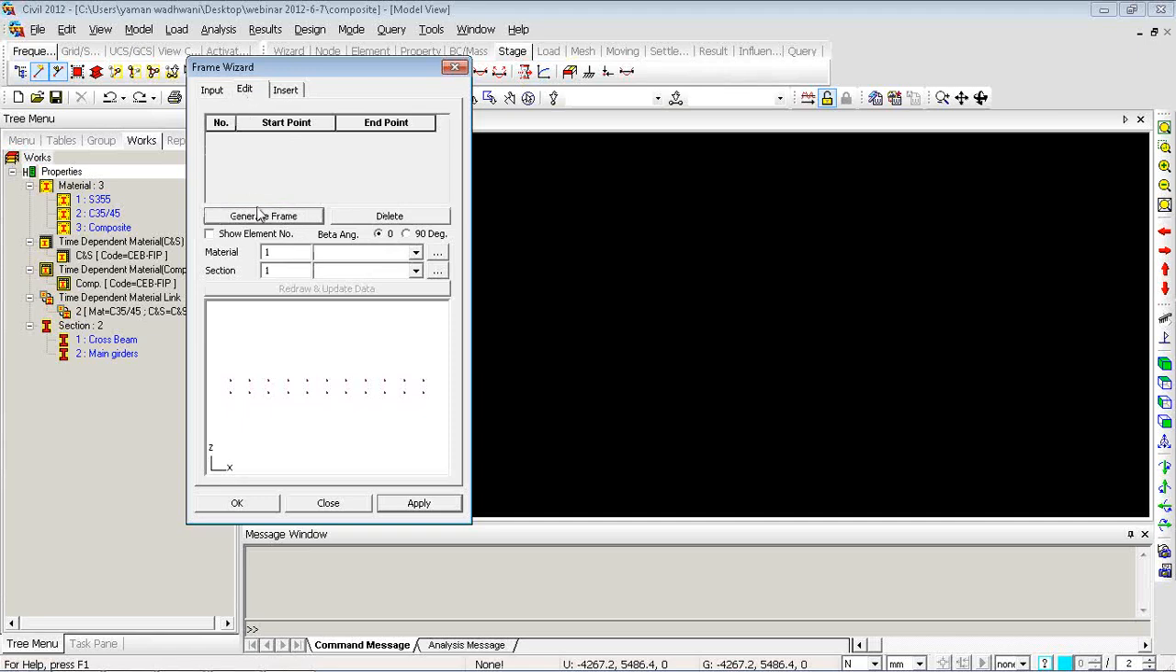And then edit, I select the material, composite type of material, let's say cross beam material, that is steel, and the section as cross beam. And then generate the frame,